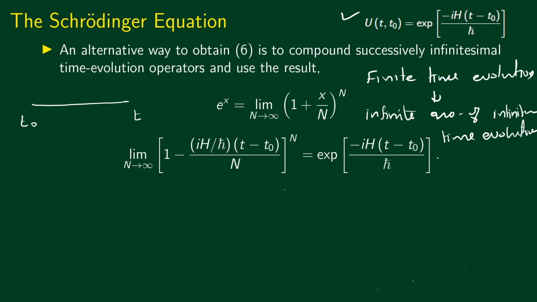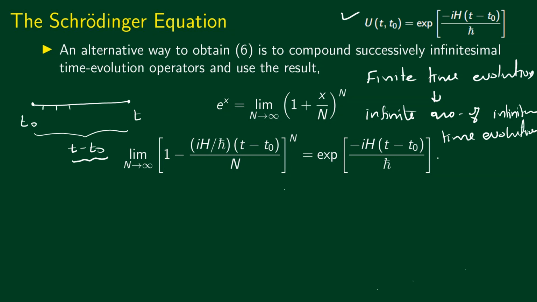Let's say that we know the state of the system at time t0, and we need to know the state of the system at time t. The time interval here is actually t minus t0. So we need to find the state of the system after an amount of time t minus t0. What we are going to do is divide up this time interval